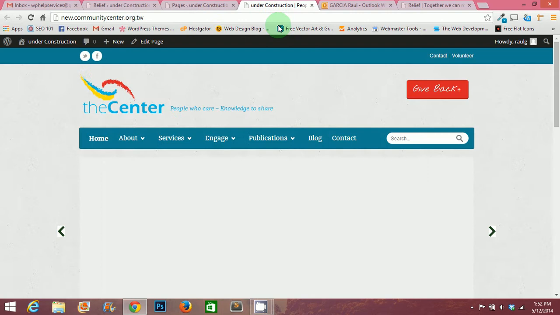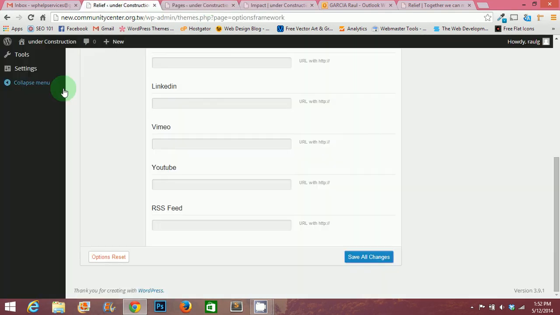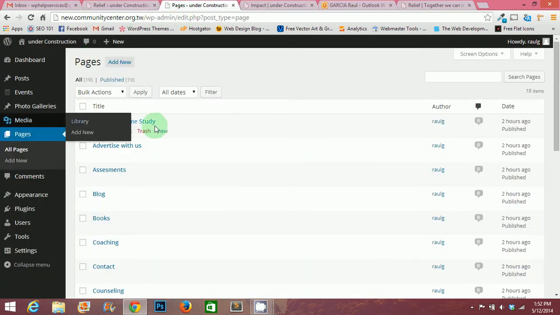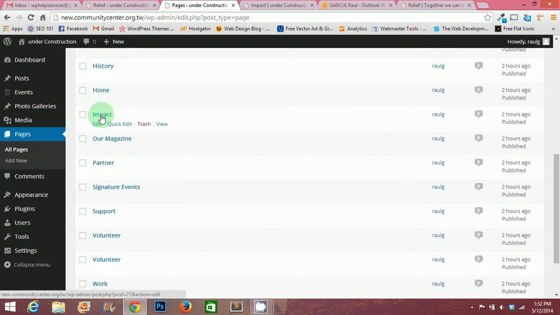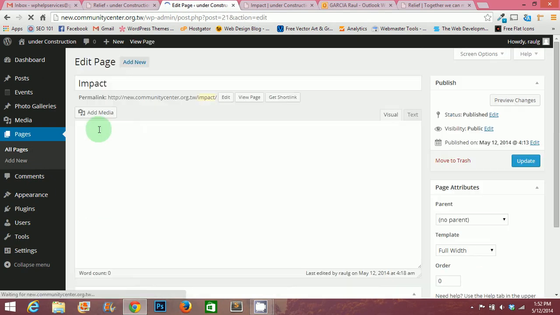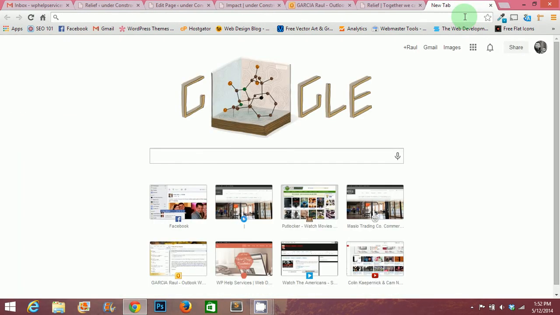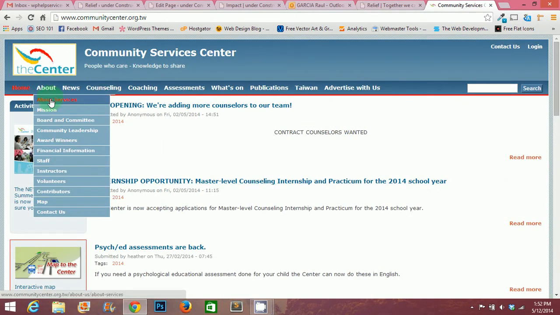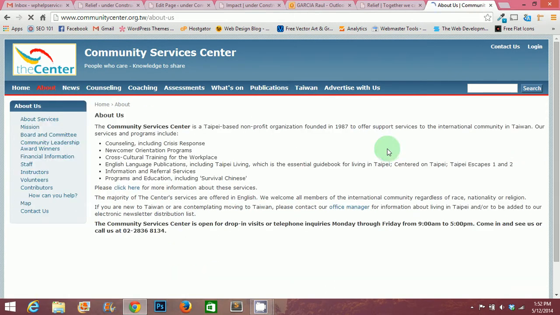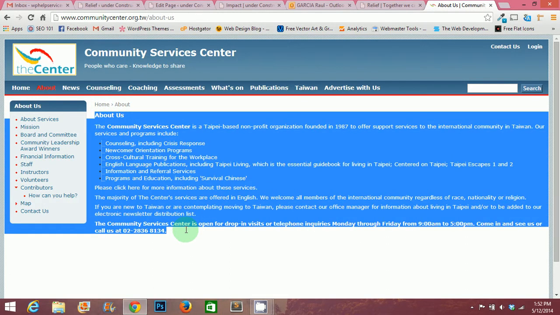from here to start adding content, you just go to pages, all pages. Let's say that you wanted to start putting in information for the impact page. All you have to do is go into pages, all pages, and then you scroll down, find the impact page, and click quick edit. So if we go to your existing site, let's say this is the information that you wanted, you would just copy it here,